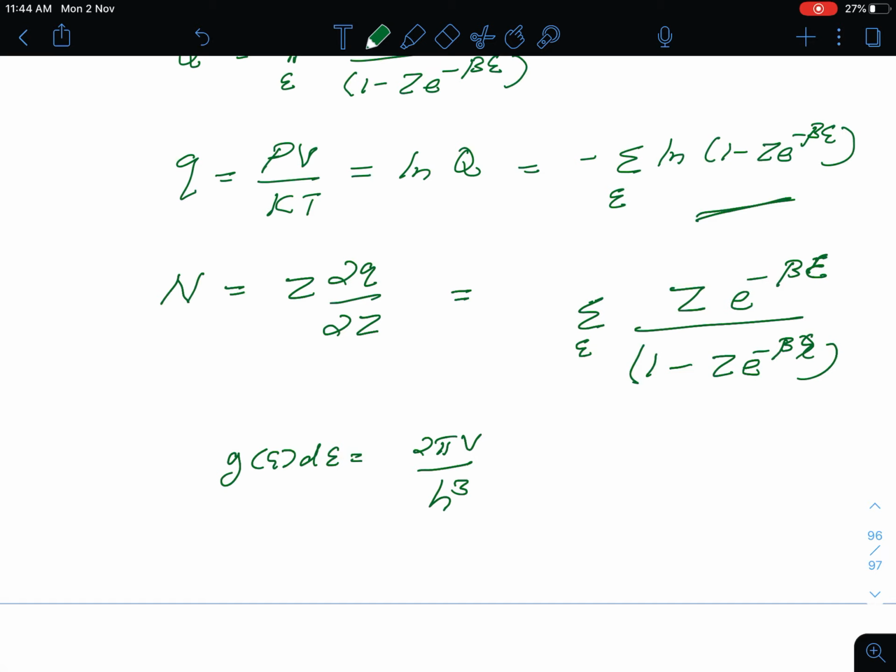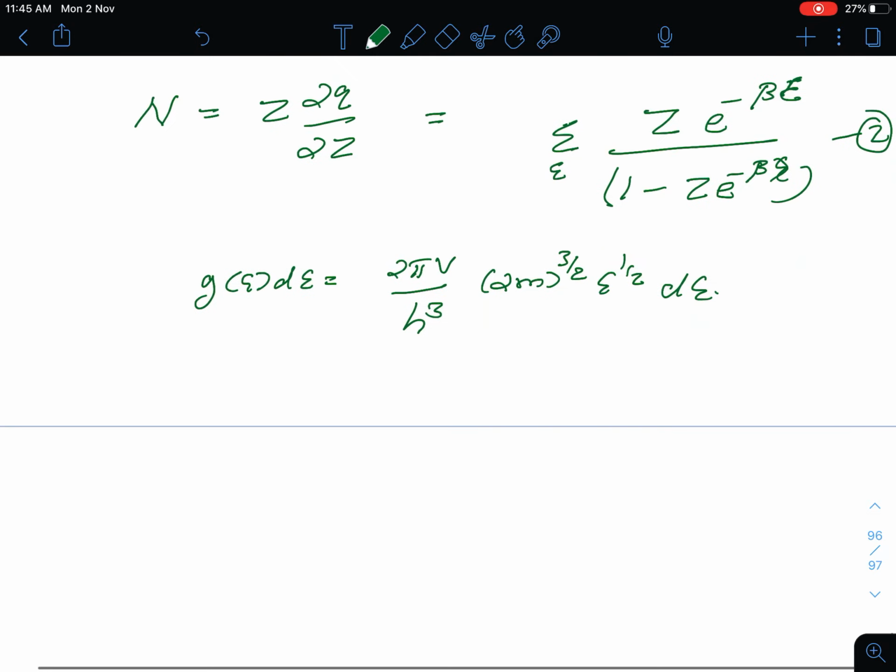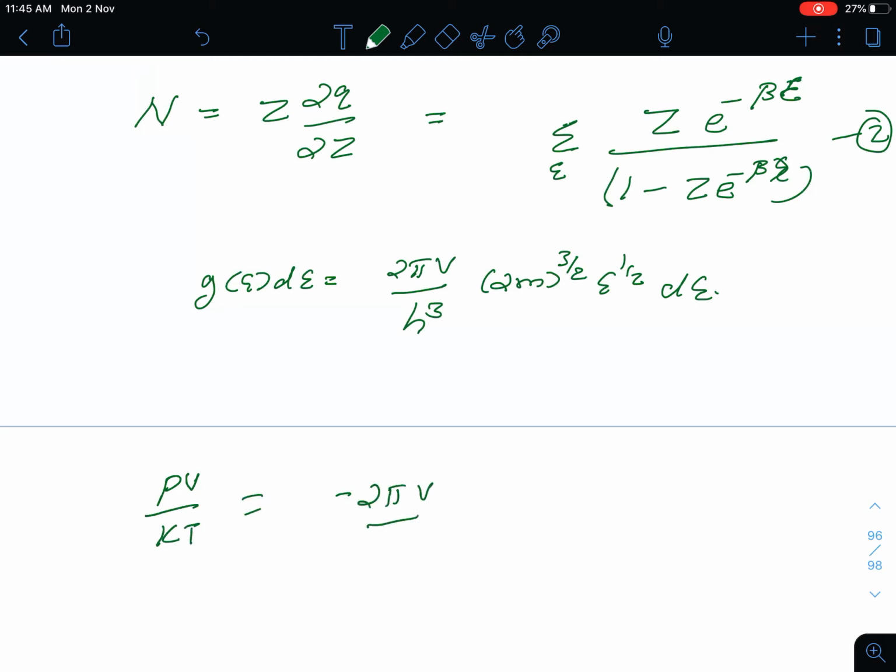We have derived this 2m raised to 3 by 2 e raised to half dE. So we have to incorporate this into this equation. So now this becomes, let us say, our first equation. Let us say this is 1 and this is 2, let us say. So the equation number 1 becomes Q is equal to PV by KT, right, minus 2 pi V by h